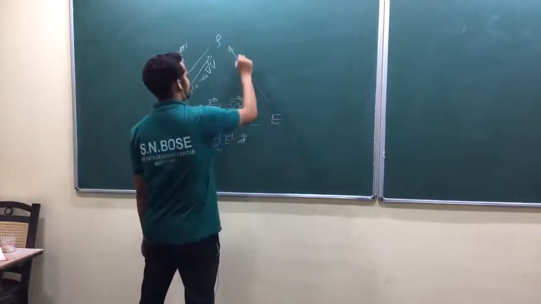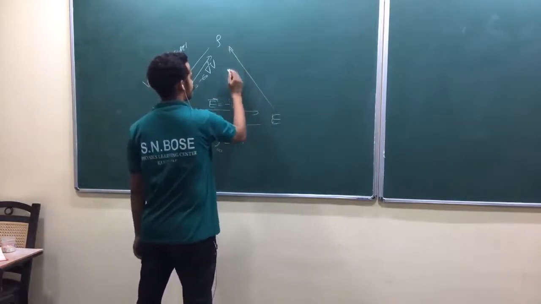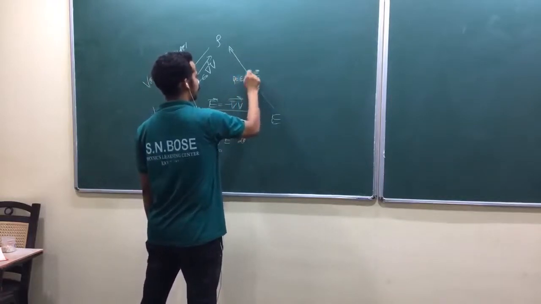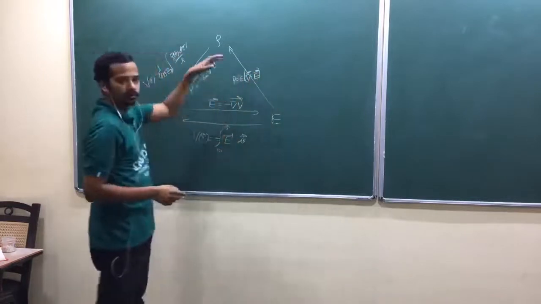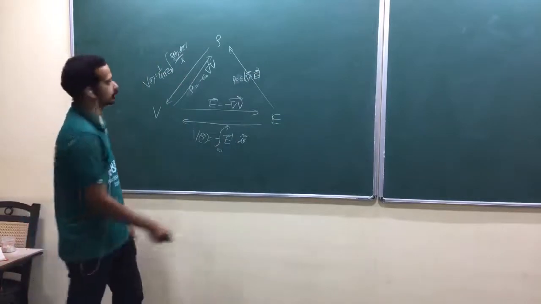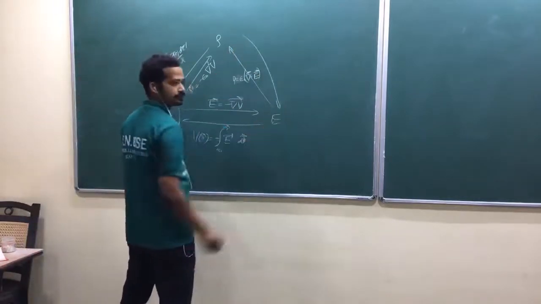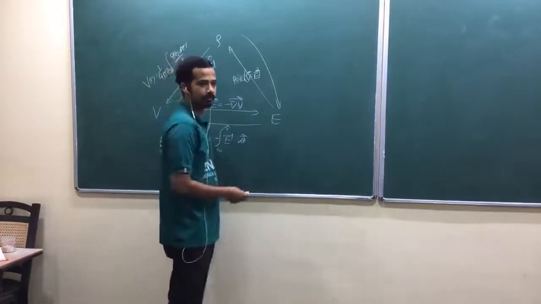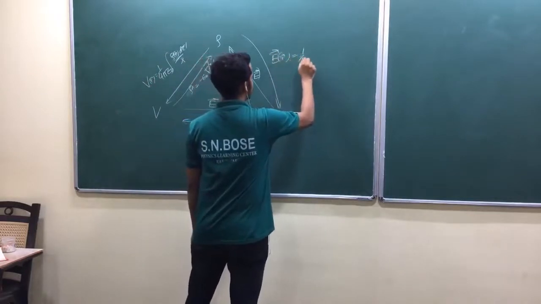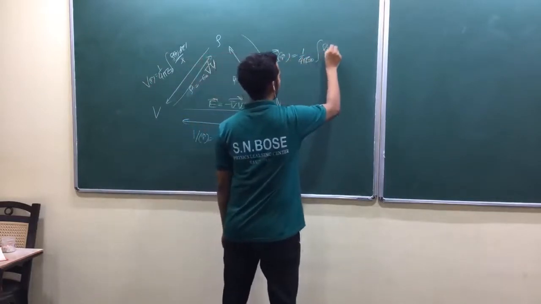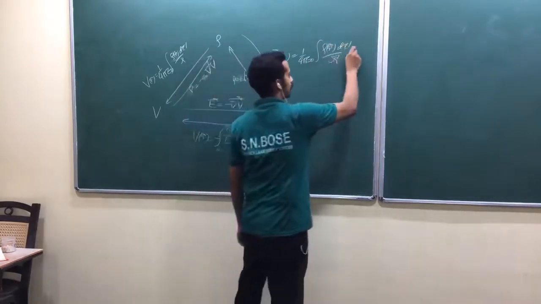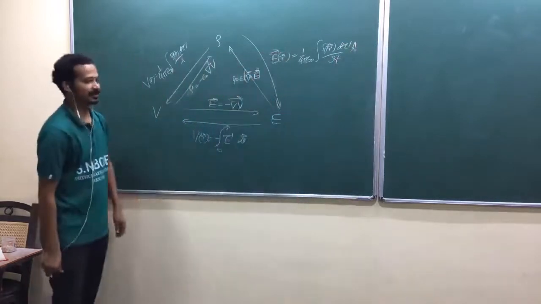If you know electric field, what would you do? Rho is equal to epsilon naught del dot E. From electric field, how to find rho? You have to write the equation for rho. Del dot E is equal to rho by epsilon naught, am I right? From rho, what will you do? You have to go for Coulomb's law. So electric field at r is equal to 1 by 4 pi epsilon naught integral of rho of r prime d tau prime divided by script r square, script r cap, not a potential. Is that okay?